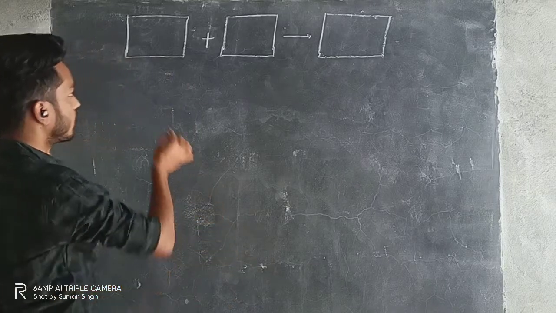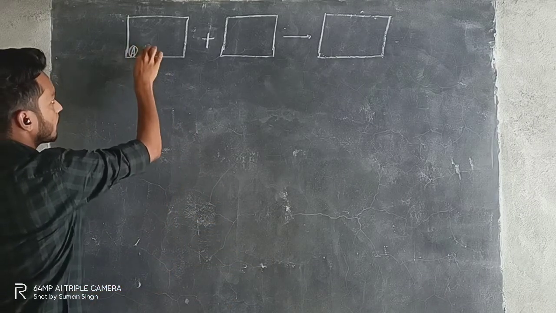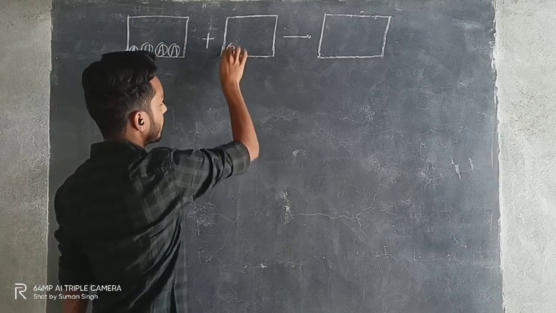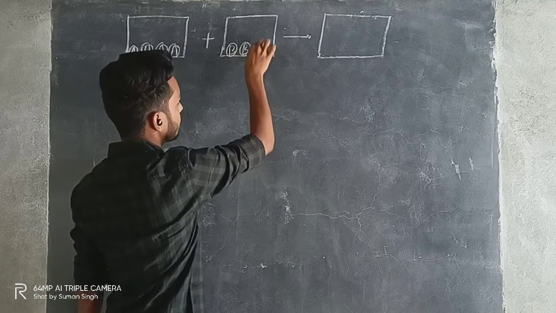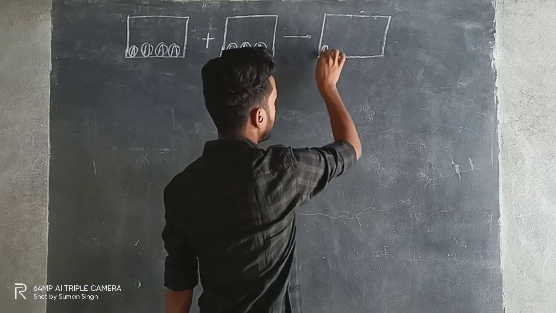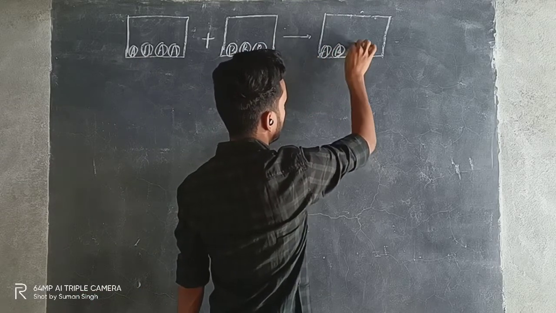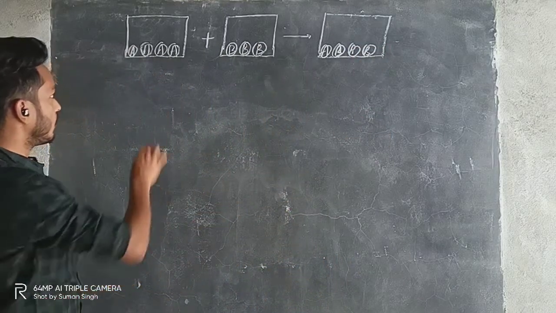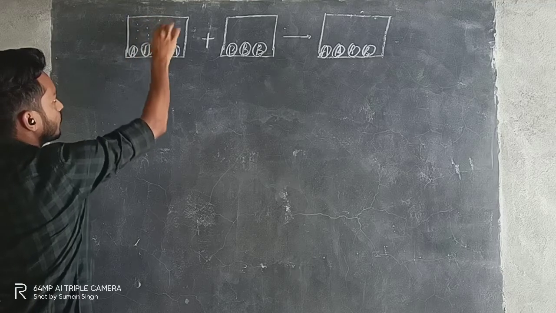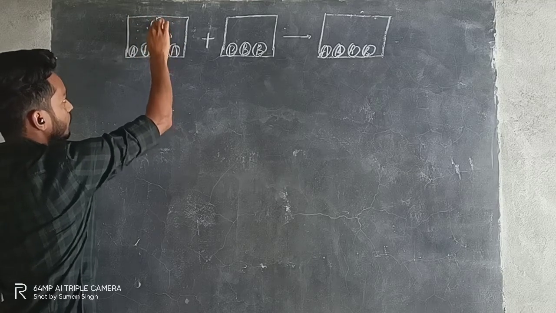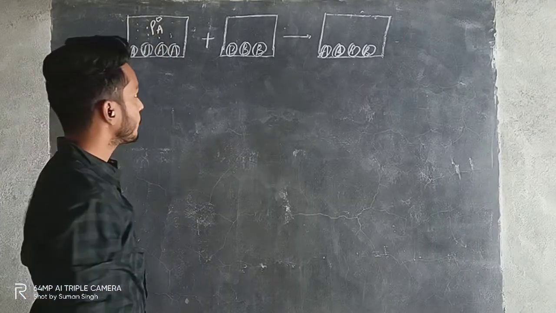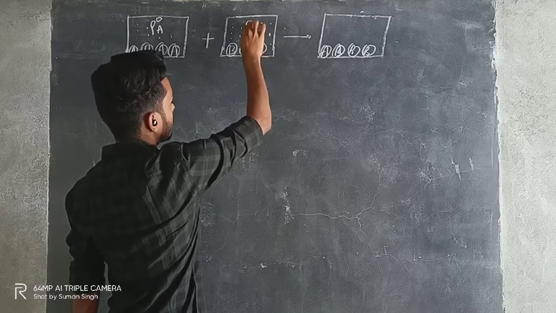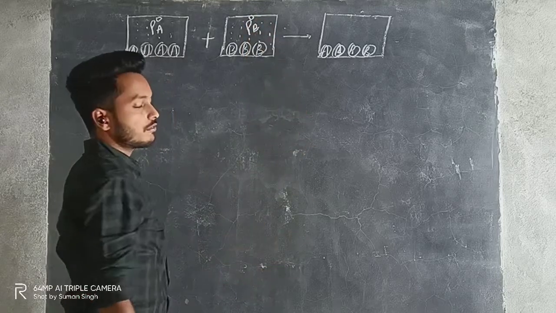So in the first container we took pure A, and in the second container we took pure B. And here we mixed A and B and formed a solution. There I told you that the pressure exerted by A is denoted by P naught A, which is called the vapor pressure of pure A. And the pressure exerted by B on the surface of the liquid is denoted by P naught B, the vapor pressure of pure B.